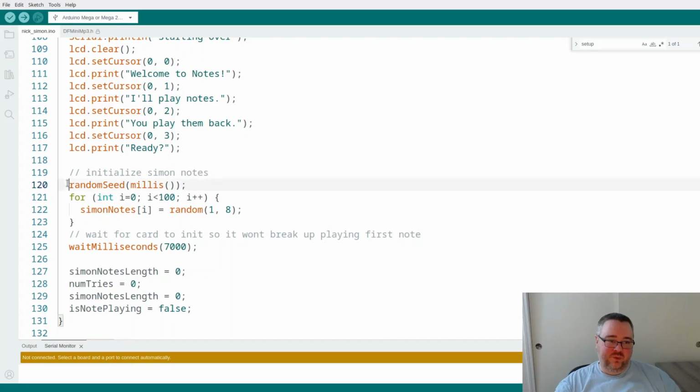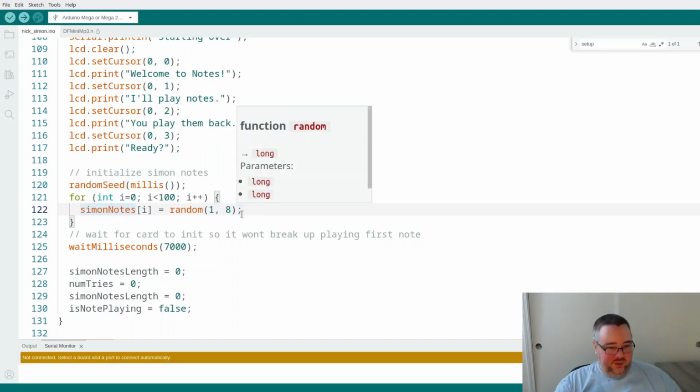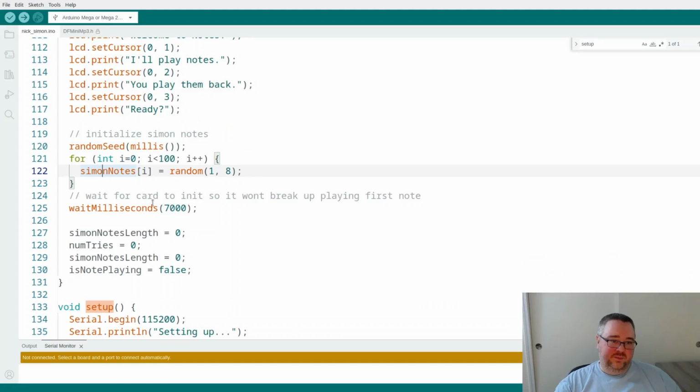It initializes a random seed because we're trying to create random notes, right? And this is where it generates the 100 value array of random values between 1 and 8. Those are the notes that Simon picked for this game. Also, I wait 7 seconds here because it's interesting.